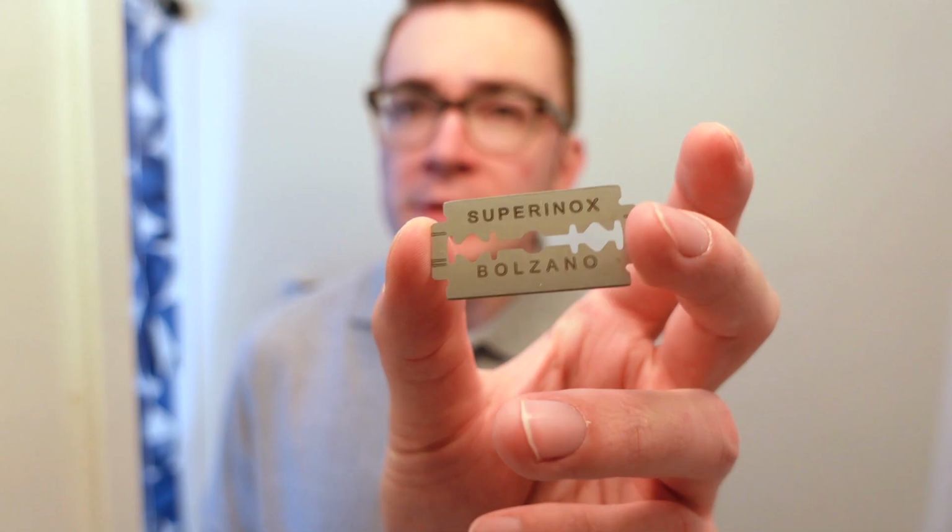Let's go ahead and load up the razor. We are continuing on the Bolzano trend. Maybe one of these days I'll stop using these, but if it ain't broke, don't fix it. That's sort of my feeling on blades. I tend to stick with the same one for a while, and then eventually I get bored and swap it out. So we're just going to drop the blade in here onto the cap, like so,